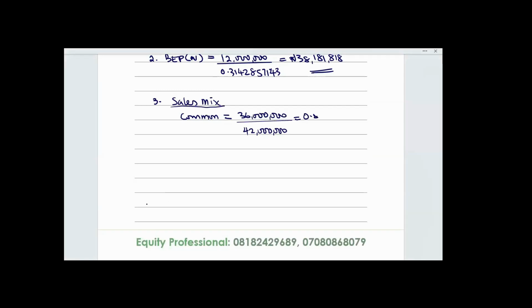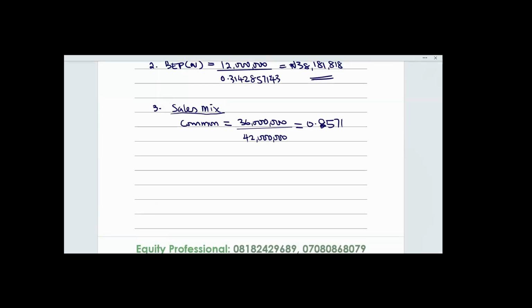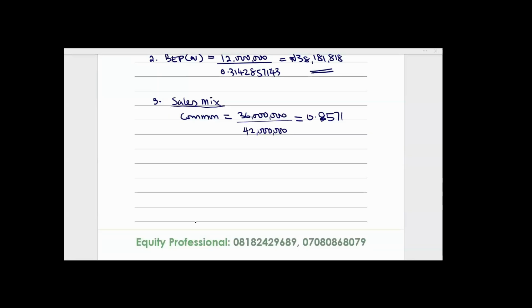0.857142857, so 0.857143. Okay, thanks. Then executive